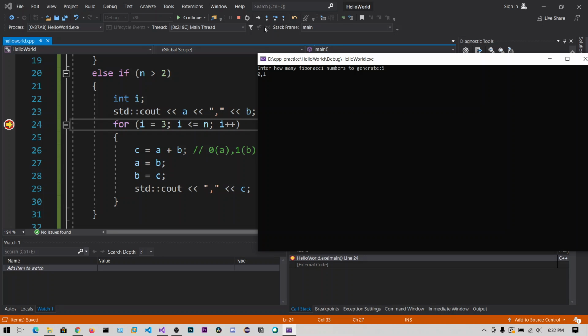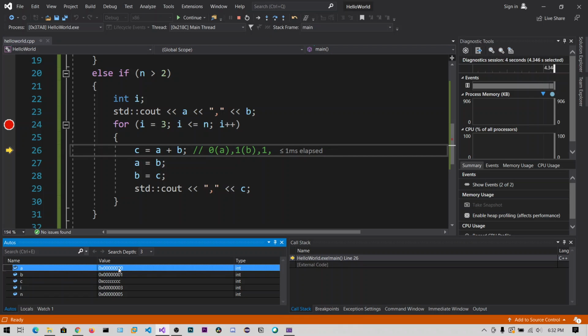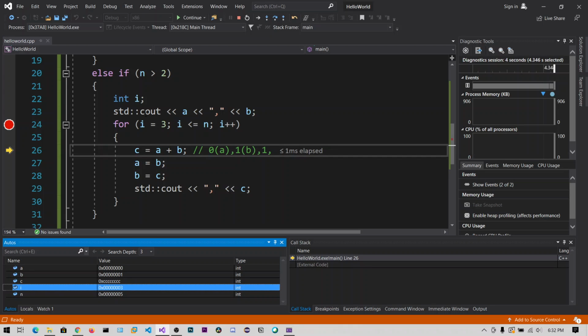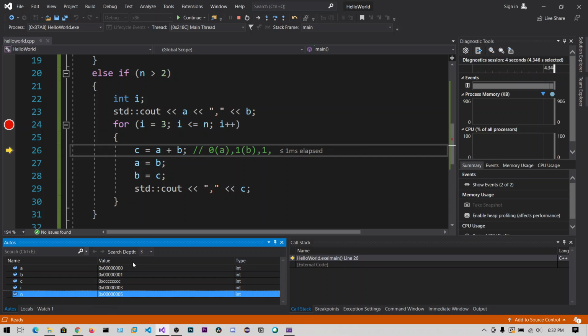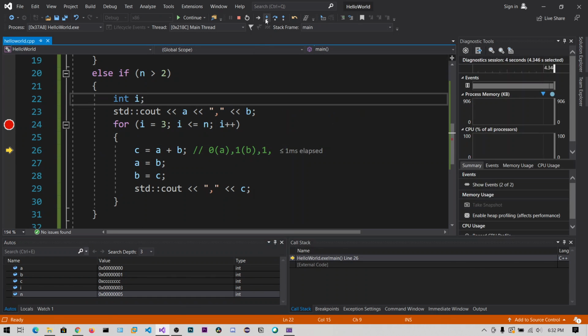Now 0 1 has been printed. Now let's step into. You can see the A value is currently 0 and the B value is 1 and the C value has garbage values, and the i value is 3, the n value is 5, the number which we have given as input. Now let's step into this.